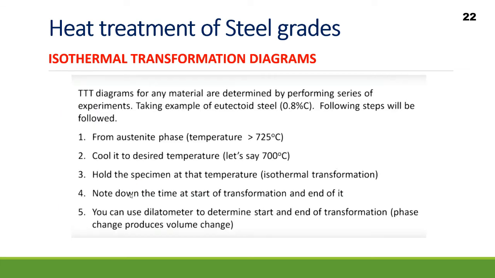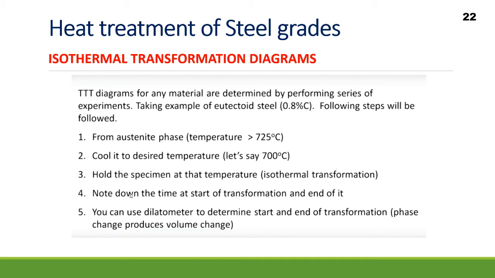So this is basically the conclusion of our TTT diagram. Number one, it forms from the austenite phase, we know it, and you have to cool it to the desired temperature. Number two, hold the specimen at a temperature, and note down the time at the start of the transformation and the end,